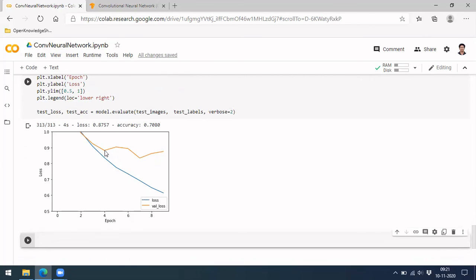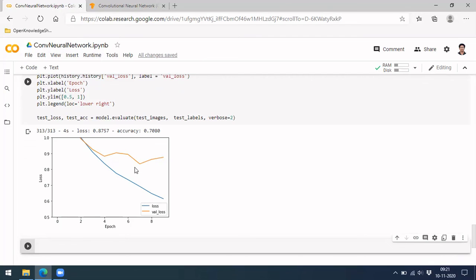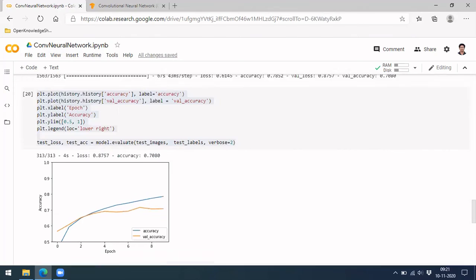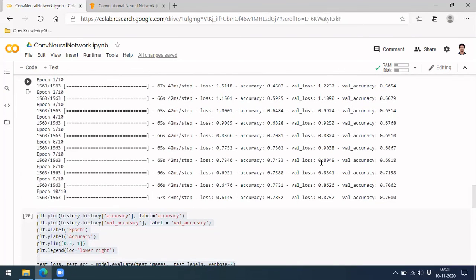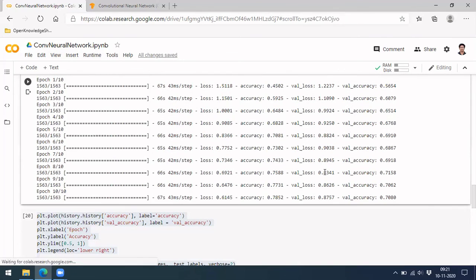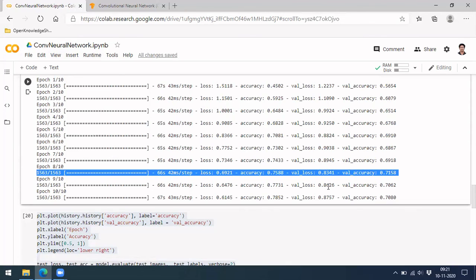What you can see is that at some level the loss is lower. At epoch number 7, it has got comparatively the best model. You can take that model as well, because what is happening is that after that your validation loss is slowly increasing. You can also observe this from the numbers here. Epoch 8 is 0.83, and again it started increasing. So it's slowly overfitting. What we should take is the best model from here.